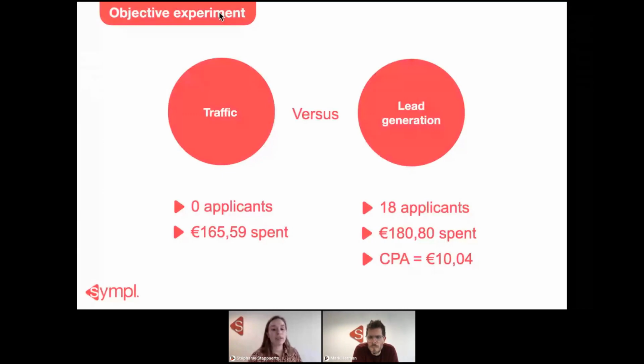But let's be very clear, with lead generation, we had 41 leads, and then we sent them an email with the type form, which they had to fill in, and then an application has taken place. So there are some more steps which you need to set up to get to an applicant, but we saw that we had lots of applicants, and the cost per application was 10 euros, which is really good to have on social media. Can I maybe add on that?